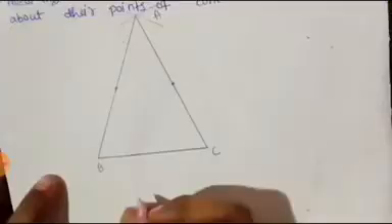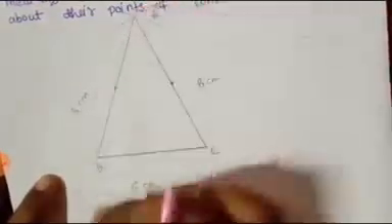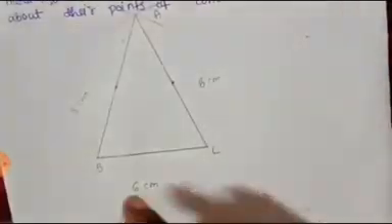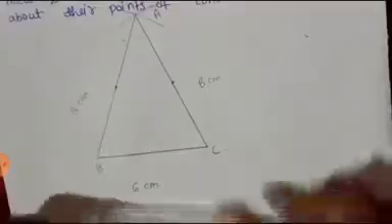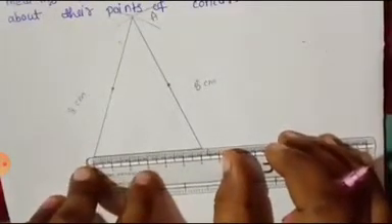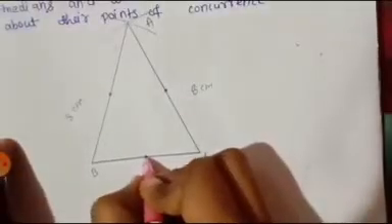Now this is 6 centimeter. You people know this is 6 centimeter. Now half of 6 centimeter is what? 3 centimeter. This is 8, so I'll take 4 here, 4 here. Now on both sides I will take a 4 centimeter marking. This is 6 centimeter, so I will take a 3 centimeter marking here. With the help of these markings we will draw the medians.